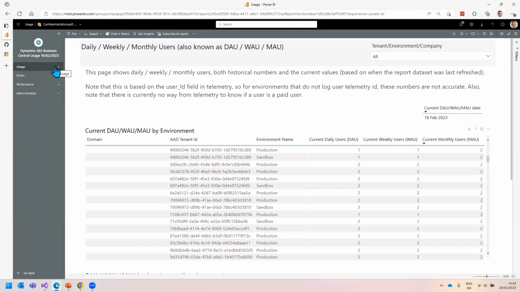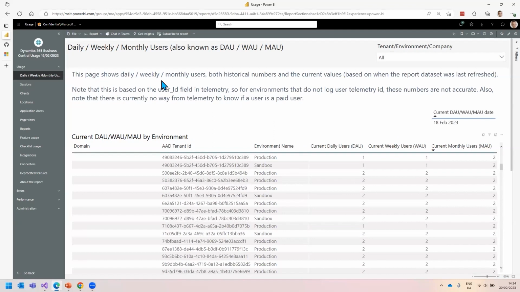So let's take a look at a few of the pages in the usage report. The first here is what we call DAO Wow Mao, but it's just the daily, weekly, and monthly users of the system. Now, Business Central Telemetry can have data for multiple environments or a single environment. It doesn't matter for us. So this report just shows data as seen from a situation where multiple environments log telemetry to the same database. It doesn't have to be the case. If you only have one environment that you have telemetry for, you would just only see data for one environment,